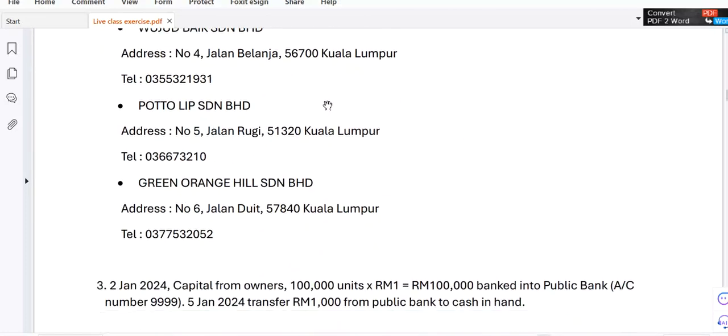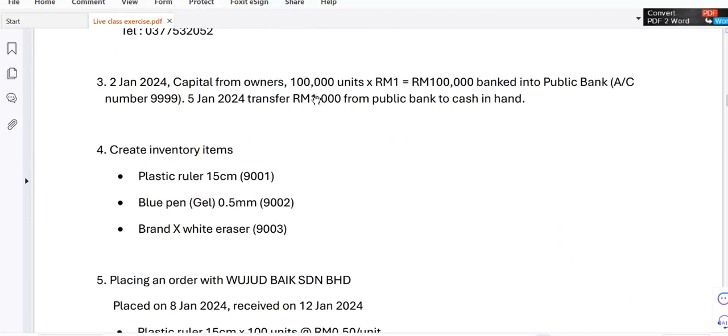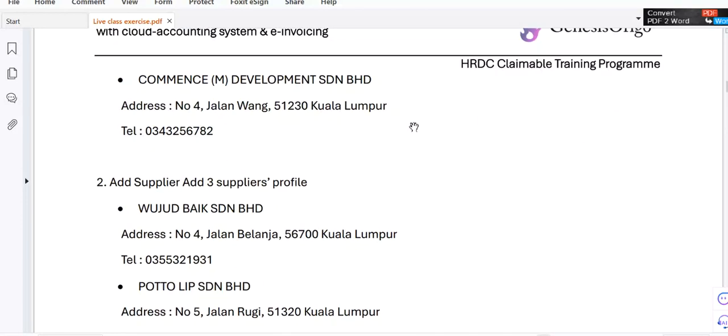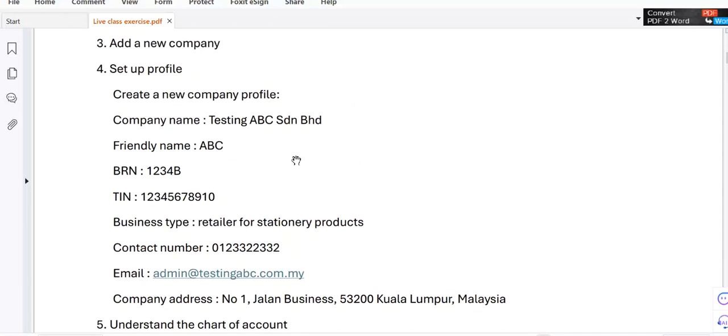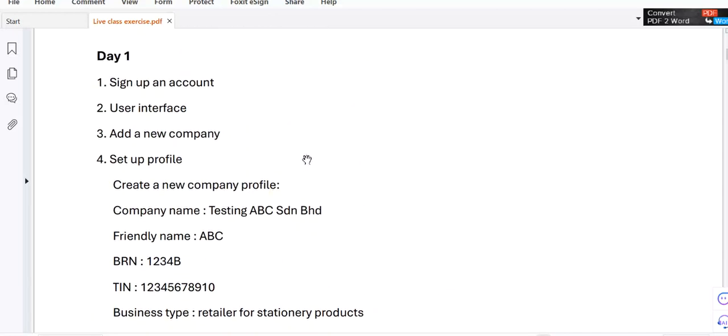After adding the details for the customer and supplier, we will make the necessary entry for the capital from the owner. So we start the business finally, getting the money from the owner into the bank, Public Bank, Maybank, CIMB Bank, whatever bank you want. We will also look into the chart of account next week to amend the company name. Later on, I will introduce to you the chart of account as well, because today we'll learn the system and understand the chart of account. Today we really have a lot of introduction to what we learn in the normal accounting course, and we study an accounting course to prepare ourselves for exams.